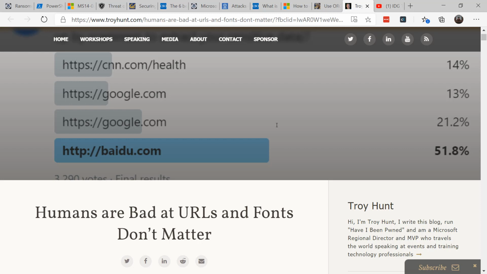Recently, Troy Hunt wrote a really good blog post about how fonts we use in browsers often make it difficult to determine what is a good website and what is a bad website. But he pointed out that really worrying about fonts and browsers was not the right thing to think about. What we really need instead is a good password manager program that would automatically determine what is a valid website and offer to fill in the password only to those sites that match the database. Also, make sure that you have a good browser and it's set to proper security.